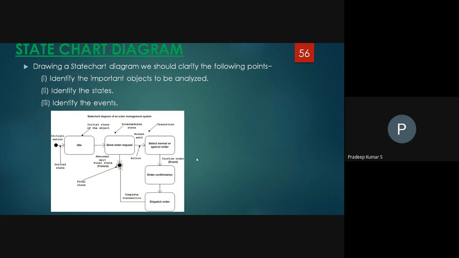Then only the confirmation comes. Then only the ordering of material is confirmed. Is it right? That is the confirmation order. Okay, money is received successfully, then the company is going to give the product to me. That is the dispatching order. So that shows the complete scenario.